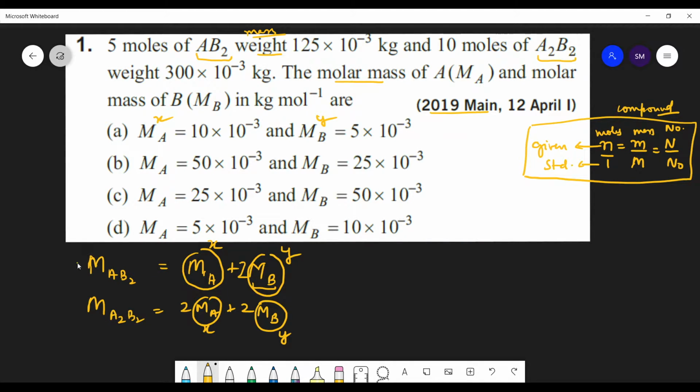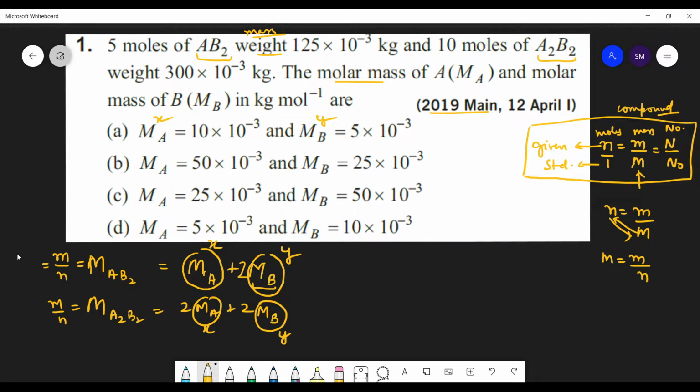Now what about their molar mass? See, go to this formula. n equals m upon M. This formula is quite simple, students, right? Moles, mass, number given, and then standard. So what is M equals to? This M will go upside and this n will go down. So given mass upon number of moles, right? Yes, sir. So number of moles is also given, so m upon n. Both the things are given to you, students.